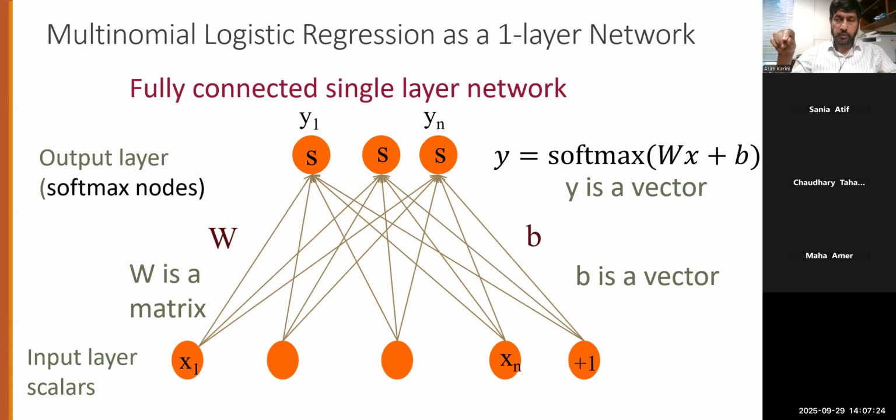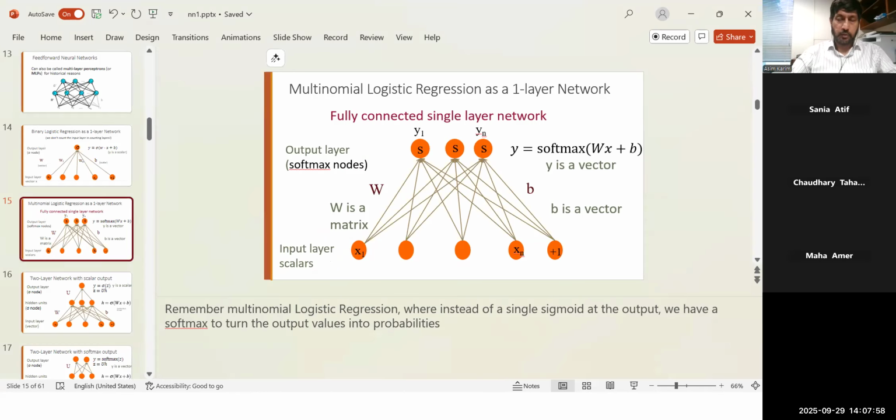So you have multiple equations, one for each node, where each node is one of K. Softmax applies on all of them and gives an output which is normalized, which we typically call y hat k. So this is a multinomial logistic regression represented as a neural network. This is a one-layer neural network. A one-layer neural network is equivalent to your logistic regression.